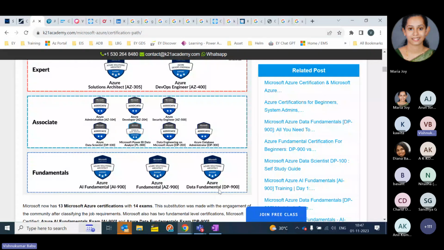Depending upon the area you want to explore, if you want to be a more typical cloud person, then Azure Fundamentals would be a good starting point. If you are more into data and artificial intelligence, then Azure AI Fundamentals and Data Fundamentals will be a good choice. So once you have got these fundamentals,